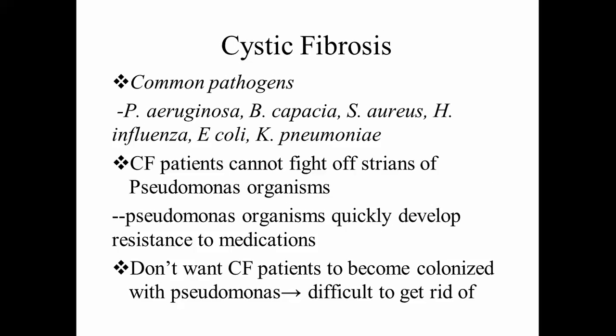So some of the common pathogens are Pseudomonas aeruginosa, Burkholderia cepacia, Haemophilus influenzae, E. coli, and Klebsiella pneumoniae. Now, the Pseudomonas is extremely virulent in children with cystic fibrosis, and they quickly develop resistance to most antibiotics. So you really don't want CF patients to become colonized with Pseudomonas, because it's really difficult to get rid of